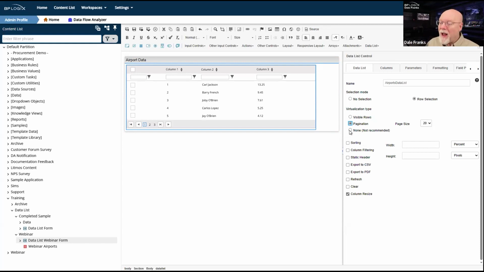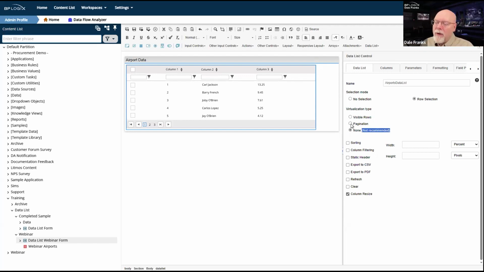Where we will not have a different opinion, I don't think, is in picking none. Because if you pick no virtualization, it's going to paint all 826 or 5,000 records onto the screen. That is going to be a bit of a problem. You're probably not going to want to do it that way. So we do not recommend it. In fact, I think I was the one that suggested that we add "not recommended" as the virtualization option.